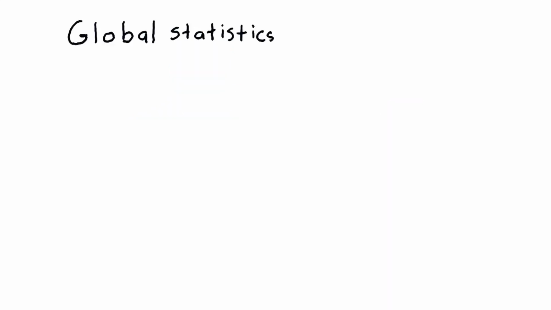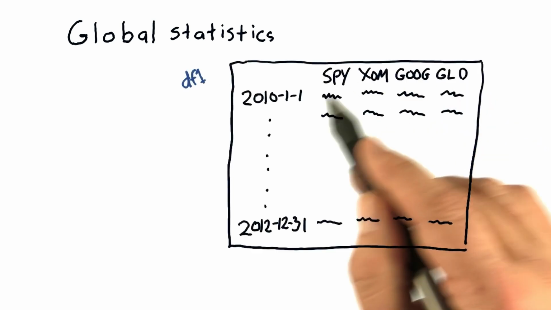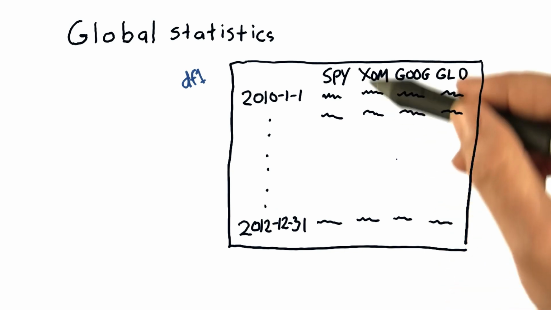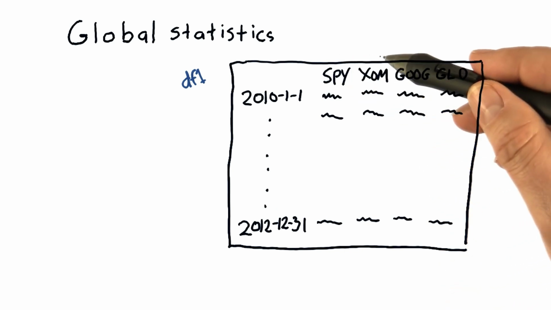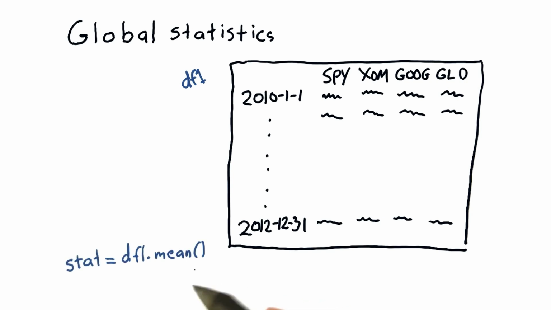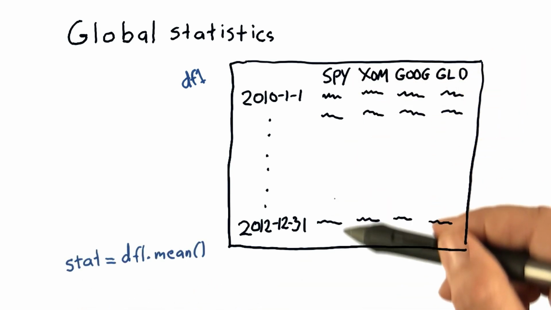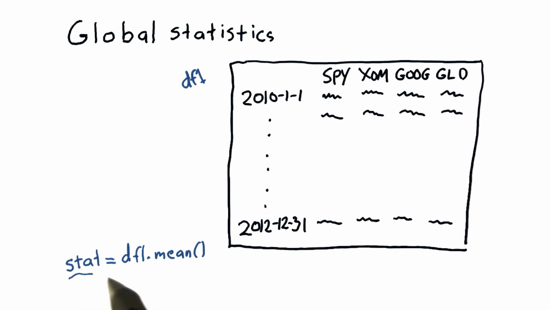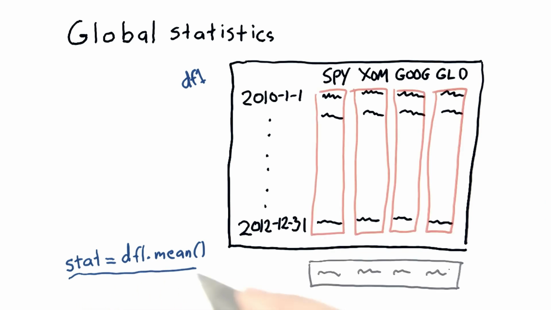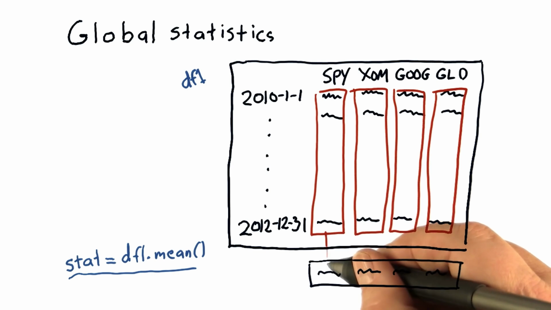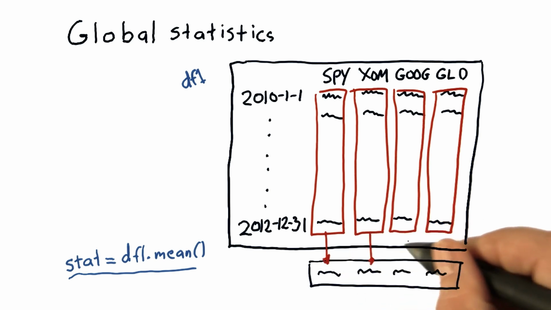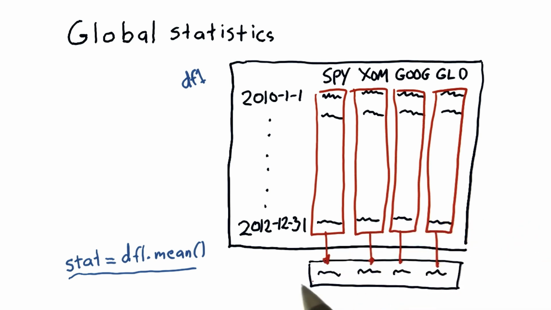Let's go. In this lesson, we're going to take a look at the various kinds of statistics that we can take on time series data. Let's start first with global statistics. Consider our trusty data frame, DF1, with columns for SPY, Exxon, Google, and Gold. We can take the mean of each of these columns very simply with a statement like this. This statement will take the mean of each column and put it in the appropriate location of a new one-dimensional